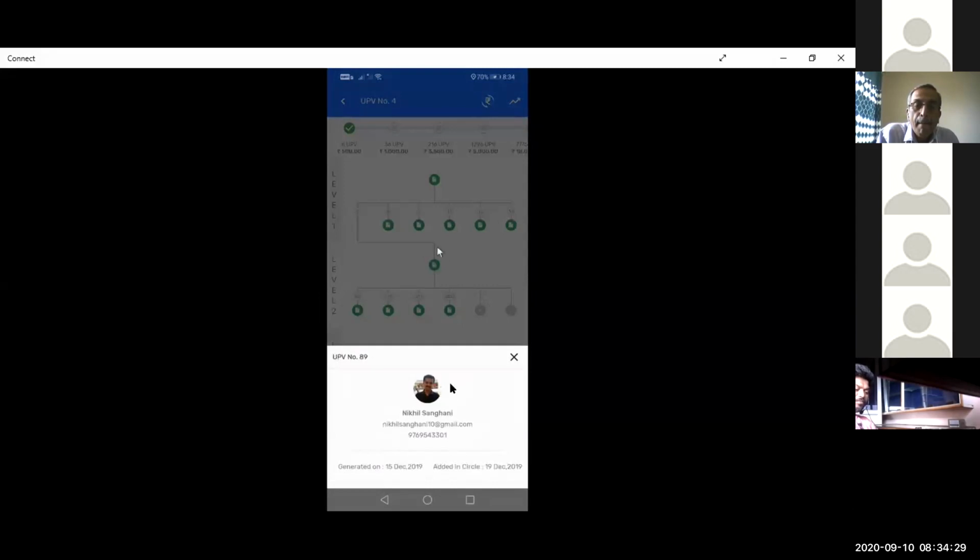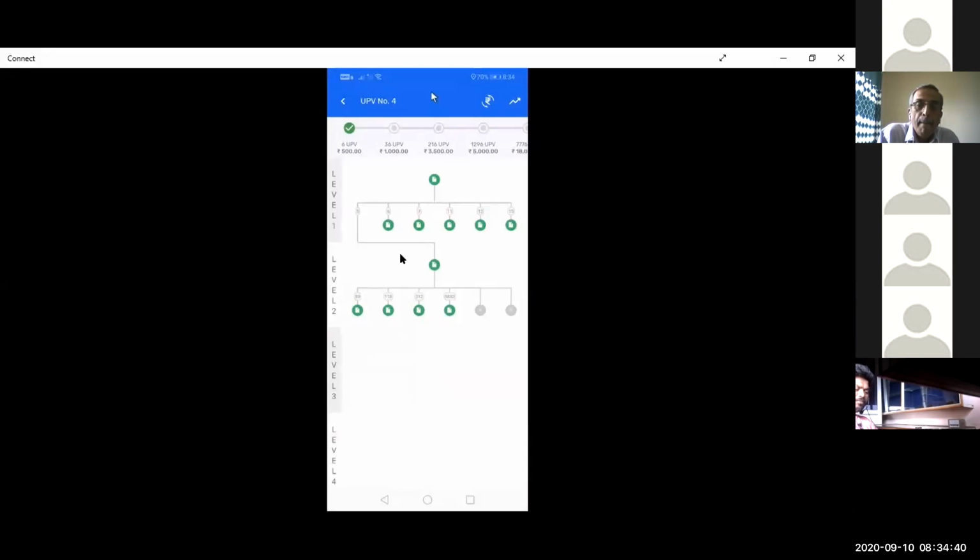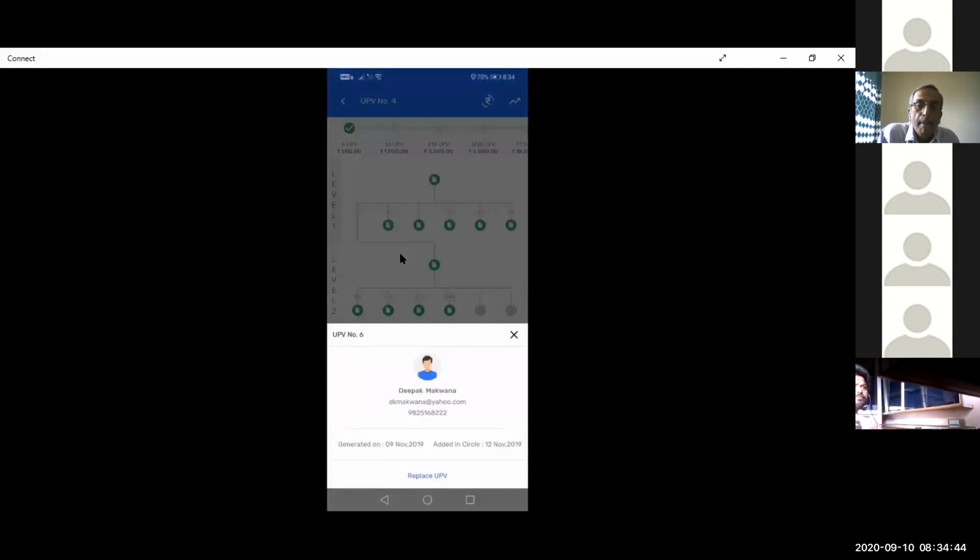I would be able to see the details of the person who this UPV belongs to. Right. So whenever I want to see the details of any UPV, I just need to long press on that icon. I would be able to see the details of the person who has tagged his UPVs under me.